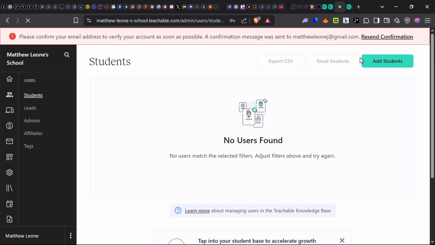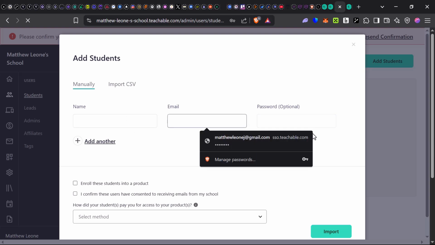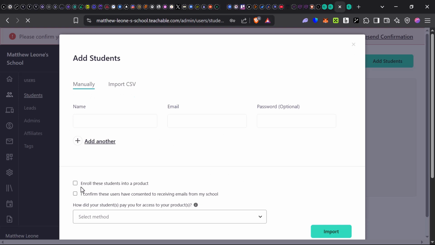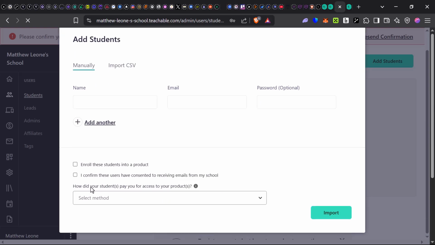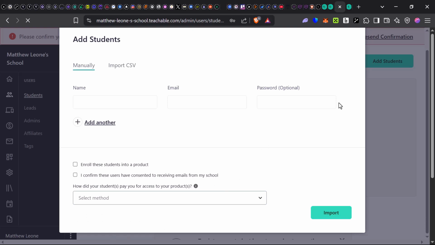So if you click on add students, you're asked to provide a name, an email, and a password. So you can go ahead and import CSVs of users, and then you can enroll these students into a product. You can confirm these users have consented to receiving emails from my school. How did your students pay to access your product? They didn't, it's free, another platform, bank transfer, cash or check. Okay, so all of these are how you can add personal students to your Teachable program besides them buying